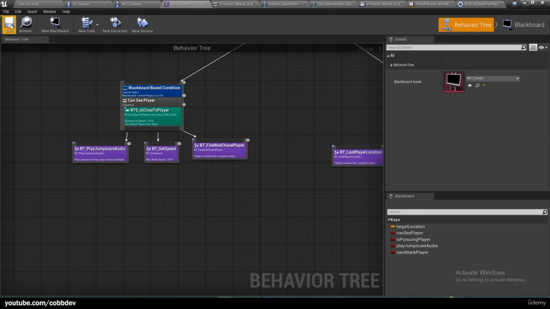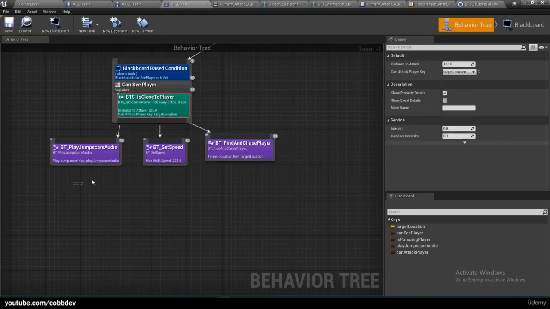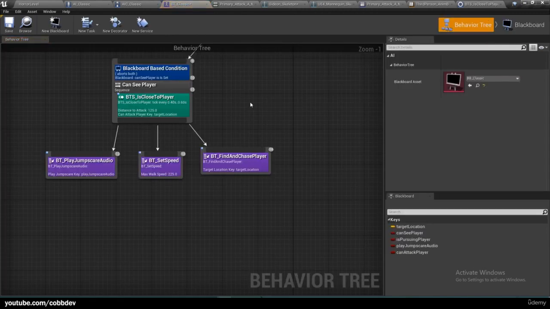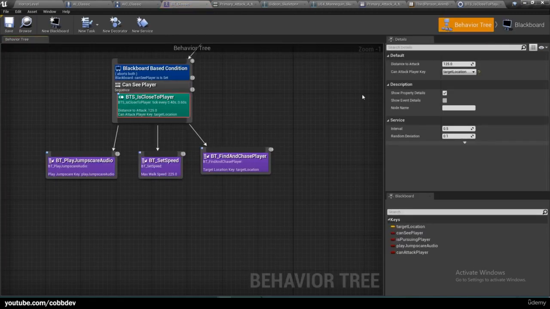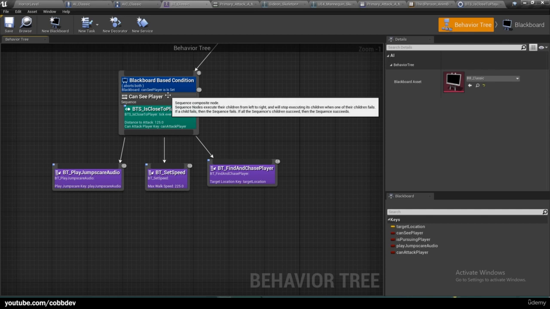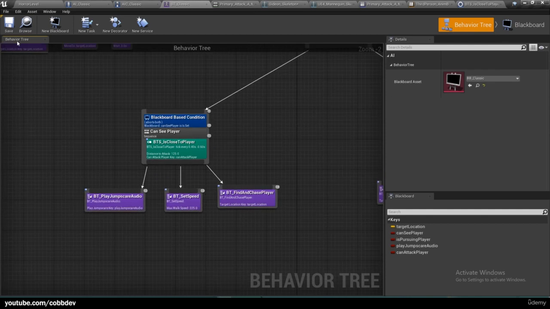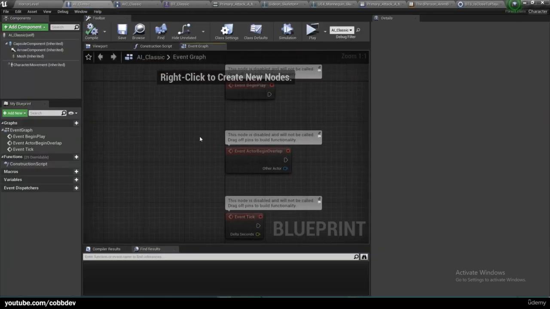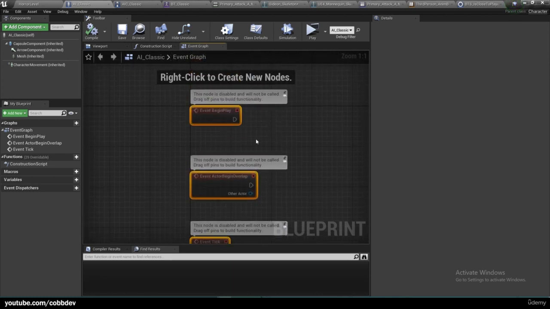So now in our BT Classic, this service will tick and this boolean will change accordingly, whether it can or cannot attack. Of course, we have to change the can attack player key to our can attack player boolean, and the distance to attack we can adjust as needed in case we don't like 125. So of course, once this boolean is changed, nothing will happen in the world, so we need to actually create an event for that. So let's go inside our character, our AA Classic character, and let's make a custom event,